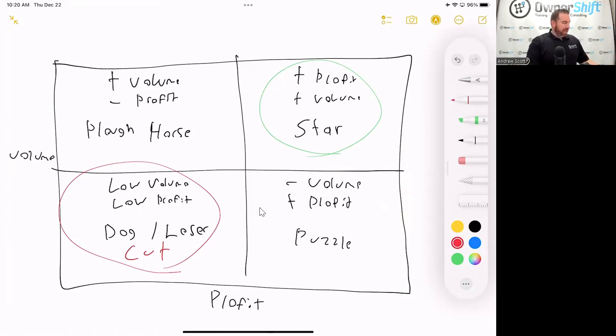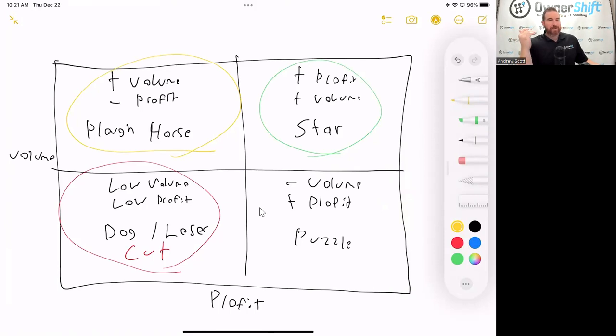Now, when we get into this one, it's kind of like a cautionary tale. A lot of people are ordering it, but it's really not doing anything for you. You could call this a loss leader in some cases, but realistically, if you're going to keep it on your menu, we need to do one of two things to it. I would say that we need to make more profit with it. So we either need to upsell the crap out of it when we're at the table,